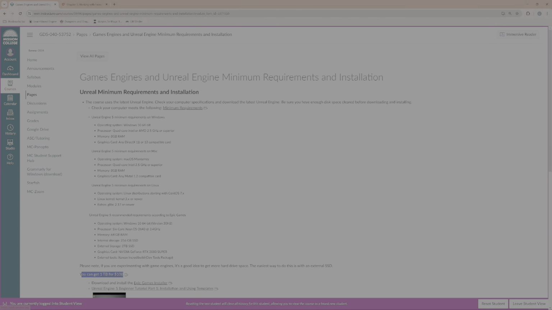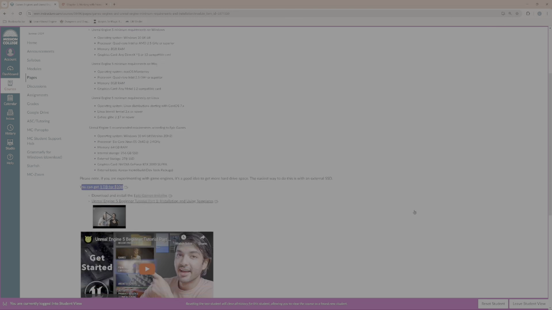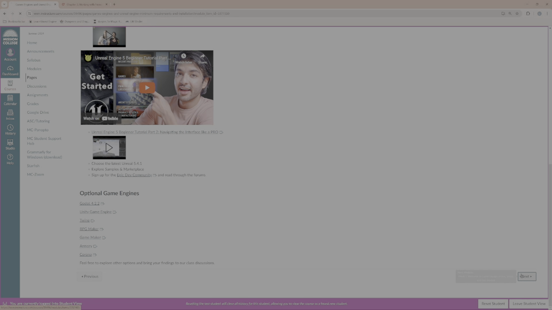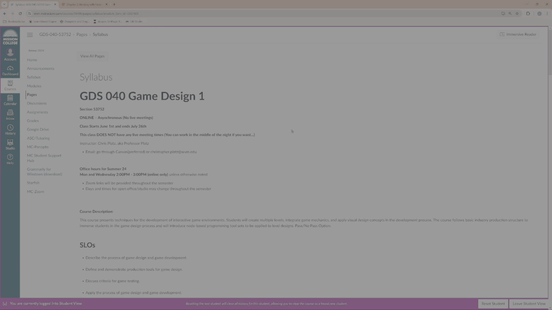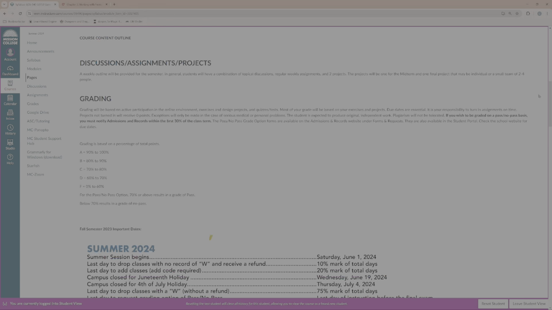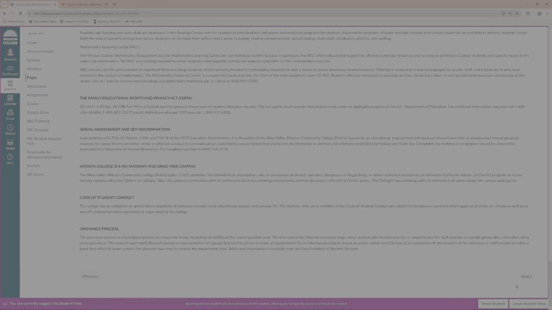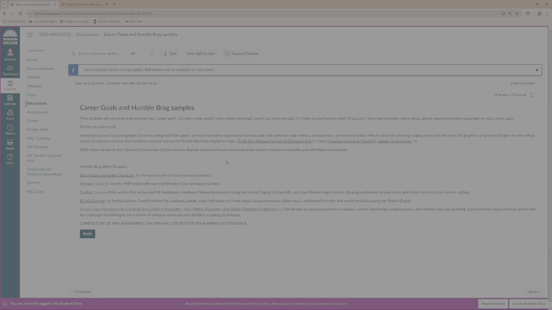So let's go on to the next page here. If you scroll down, hit next. I already covered the syllabus, so you can just scroll all the way down to the bottom past the syllabus and go to the next page. And this will start us on the actual assignments. So we'll pick it up from